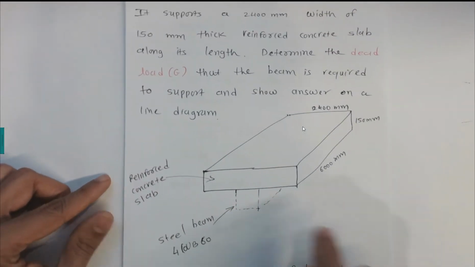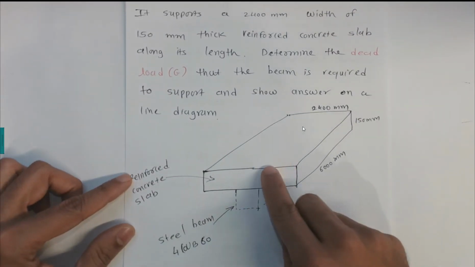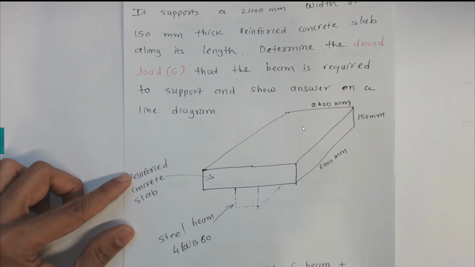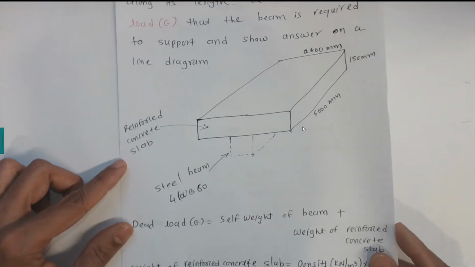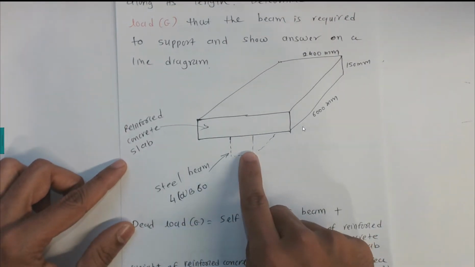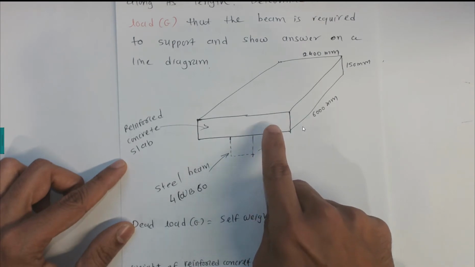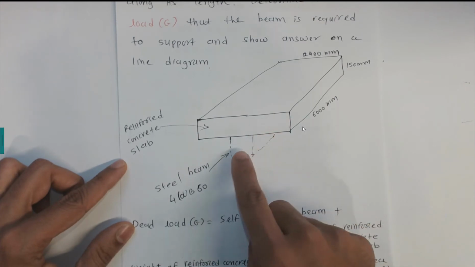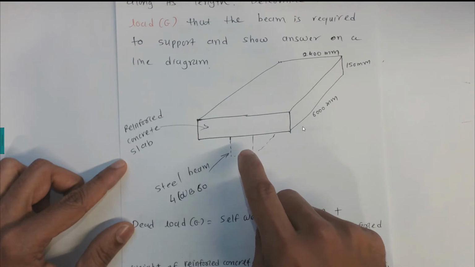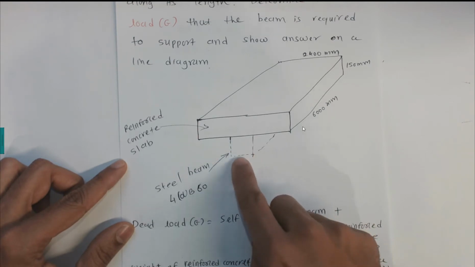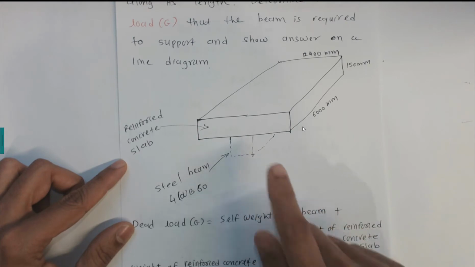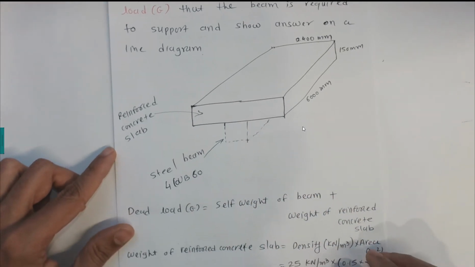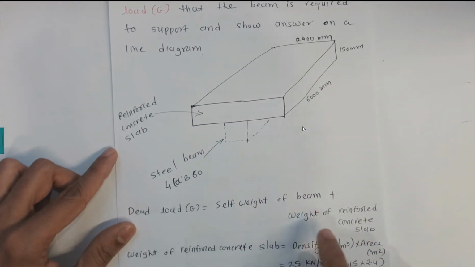So basically this is a steel beam and the steel beam is carrying this reinforced concrete slab. Now to calculate the dead load, we can calculate the weight of the slabs that are carried by these steel beams, and also the weight. The steel beam needs to carry its own weight, so we need to calculate the self weight of the steel beam. So let's talk about the self weight of the